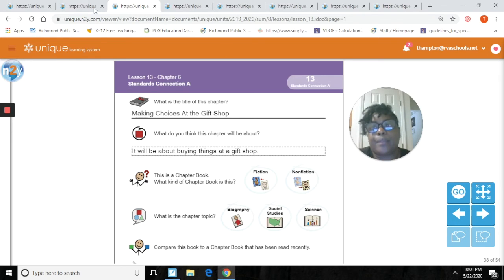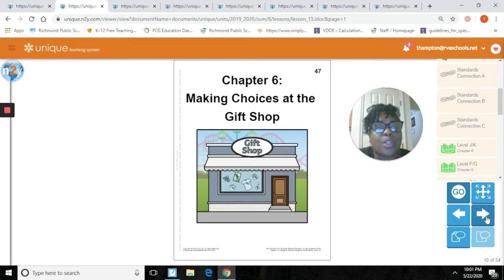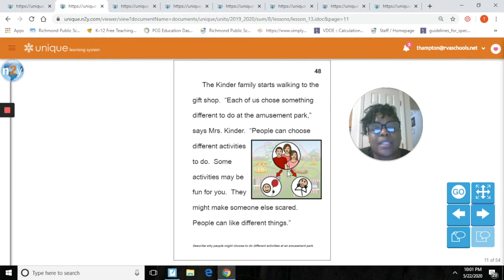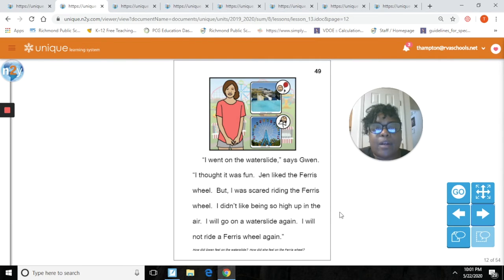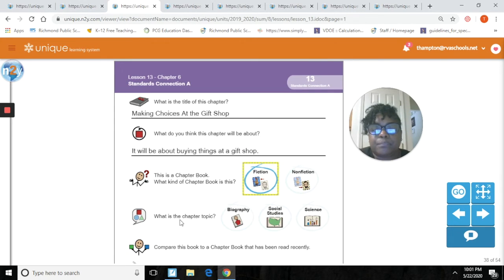So let's take a look at our book, okay? And let's just walk through the pages. Now we see here that we have illustrations. Fiction books have illustrations in them, okay? All right, and we see another illustration. So this must be what kind of book? A fiction book, okay? All right, what is the chapter topic? Is it biography, social studies, or science? What do you think? Now it's all about buying things, right? Do we learn about buying things in science? So we know that it's not